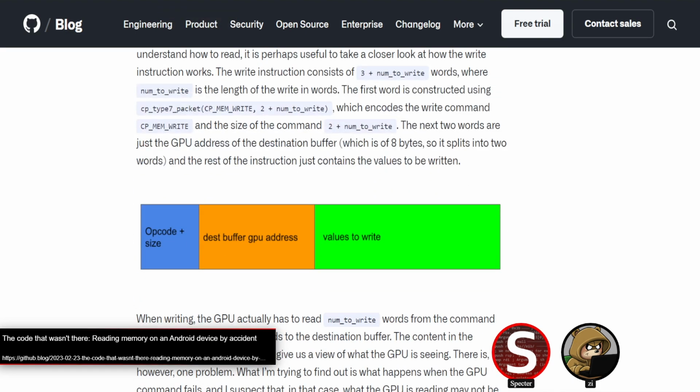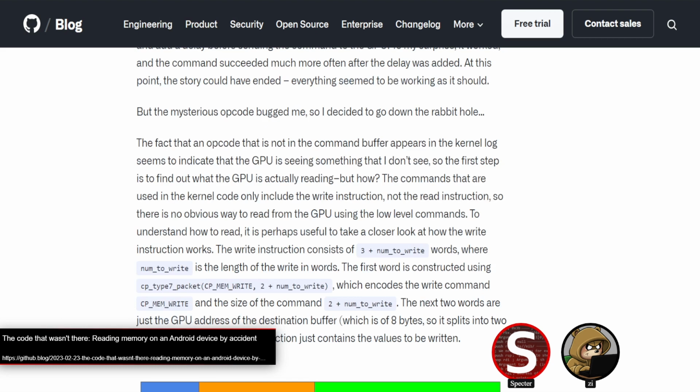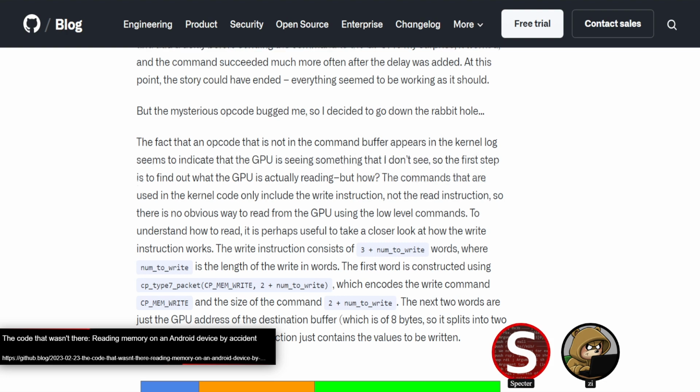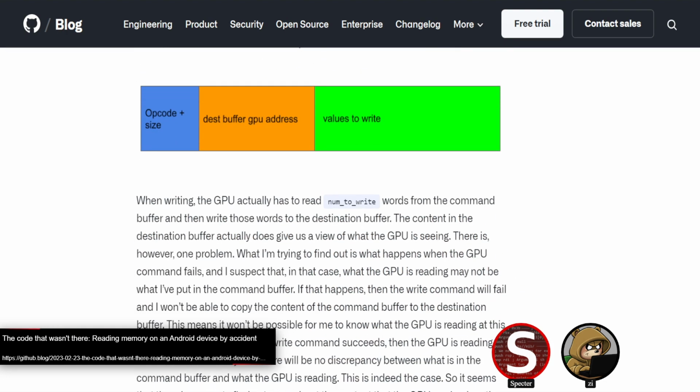But what he hypothesized here was that the GPU was getting an inconsistent view of the buffer compared to the CPU, which he ultimately suspects comes down to a cache coherency issue. So when you write data through the CPU, of course, that data is going to be updated in the CPU cache. But what's maybe not so obvious is that the cache contents that get updated won't make their way to physical memory right away. That only happens when the cache gets flushed. Now, while all the CPU cores are coherent with themselves, so one CPU core will see the same data as another CPU core, they're not necessarily coherent with things like the GPU, or any other external